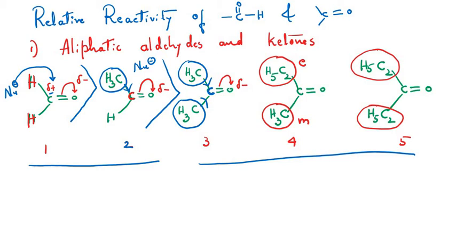So in this case there are two alkyl groups. This is one and this is one, that is two methyl. But in the next one we have an ethyl. I hope you are able to see that is a 2 carbon alkyl group, ethyl, and here there is 1 carbon, methyl. So particularly in ketones, acetone is much more reactive towards nucleophilic addition reaction than ethyl methyl ketone, and this ethyl methyl ketone is much more reactive when compared with diethyl ketone. I hope everybody understood, students.